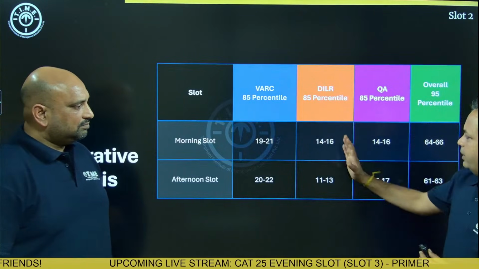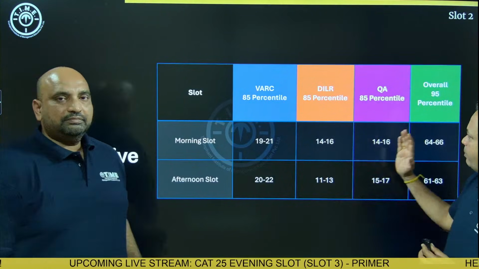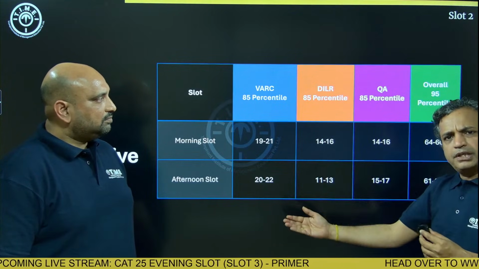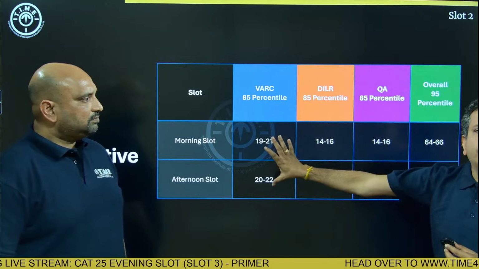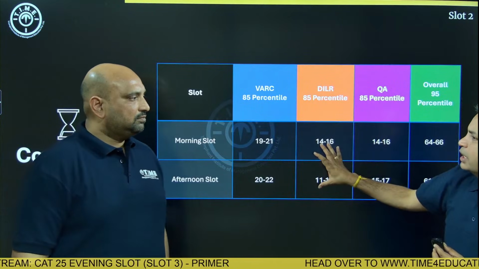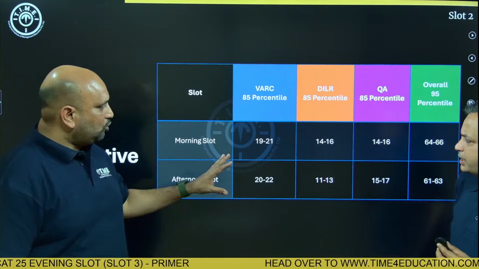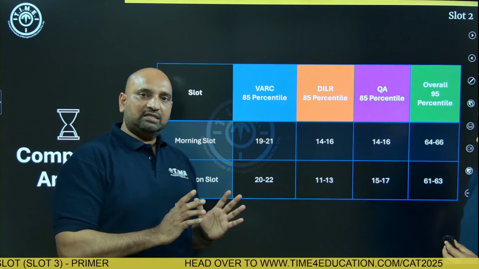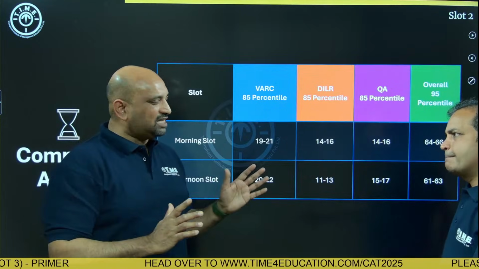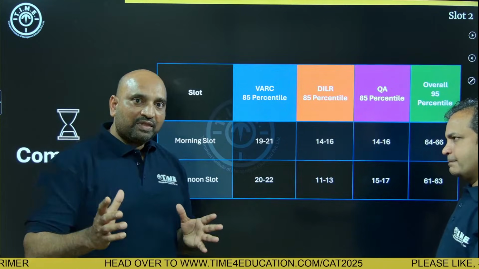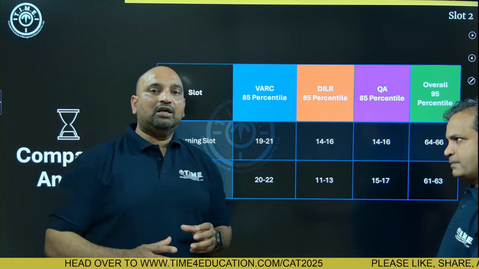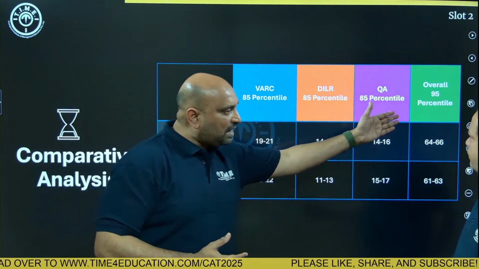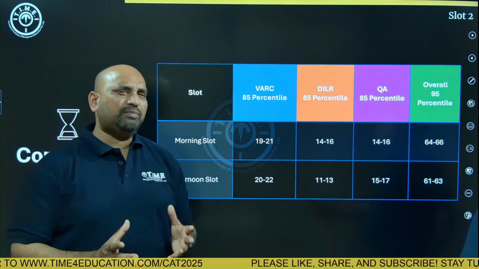So overall, putting DI aside, where there is a clear drop, Quant and VARC are slightly here and there. Some would say slightly easier, some would say slightly tougher. So ignore them. Broadly, they are the same. Whereas DILR has fallen. Would you say that DILR is tough? Absolutely. You'll find a lot much more of the difficulty level reflected in the lower percentiles. And at the higher level percentiles, it gets smoothened out all the more. And hence you find that while we are talking about the sections being a little tougher, DILR being much tougher, so on and so forth, it does not reflect so much so in the 95 percentile,